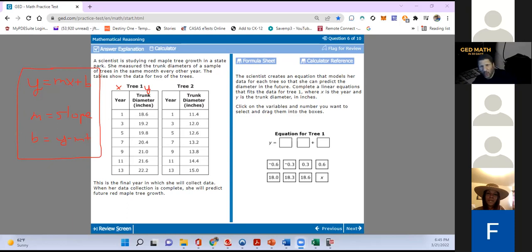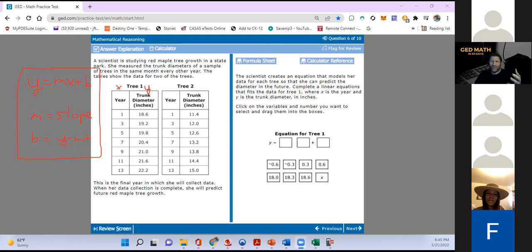How do I find the slope from the table? You go to tree 1. We go into tree 1. How do I find the slope? Well, the difference between year 1 and year 3: 18.6, 19.2. And what